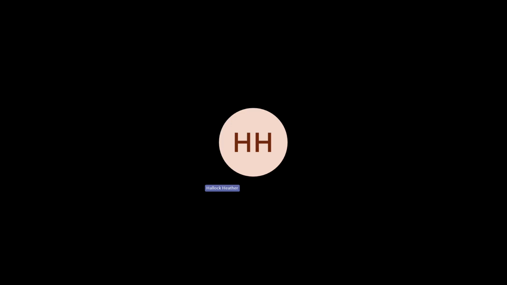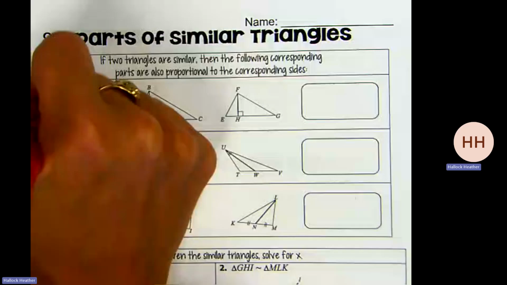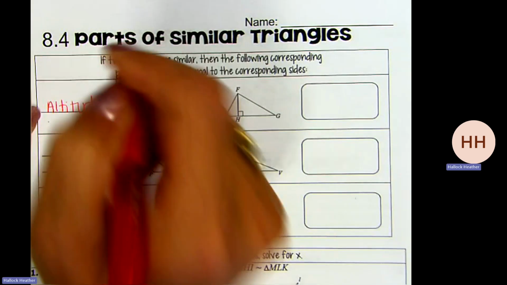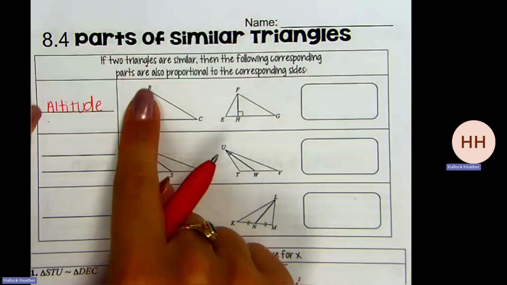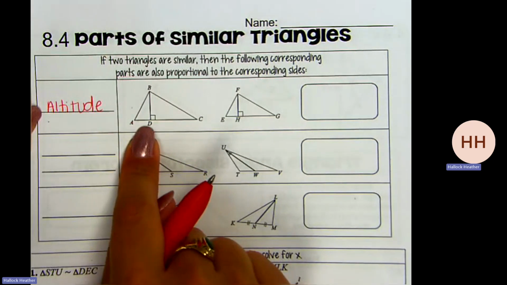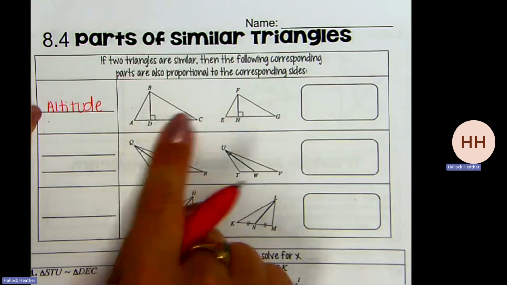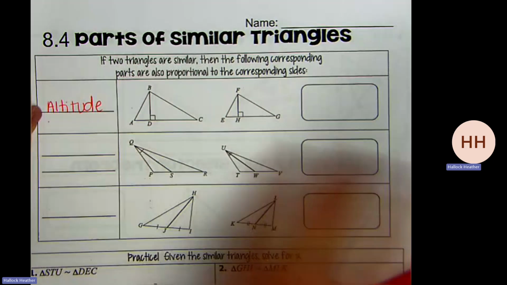There are just different ways that this can look. So this first part, we're going to put in the word altitude. You don't really need to know these words, but an altitude is going from one vertex straight down, making a perpendicular 90-degree angle. What this is doing is it's taking one big triangle and splitting it into